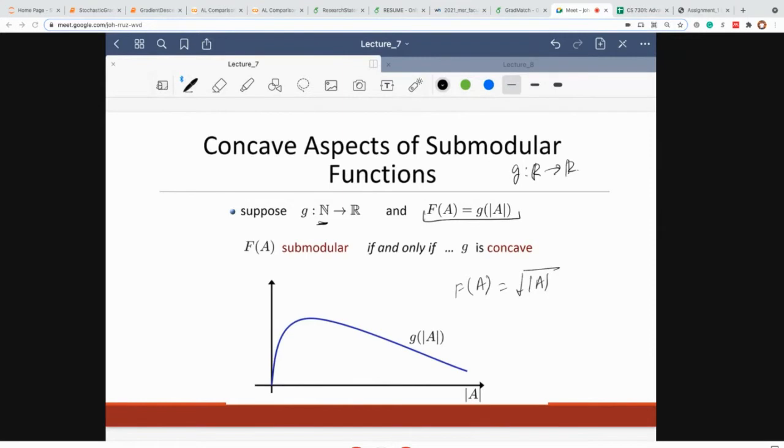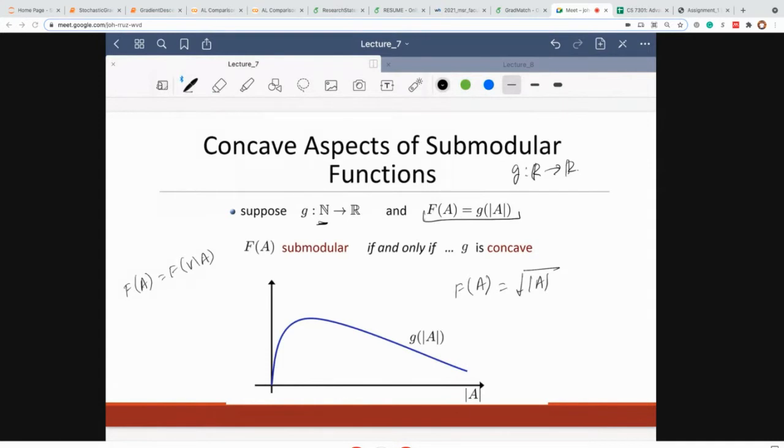So typically symmetric submodular functions are functions where f of A is equal to f of V minus A, right? That's one way of thinking about it. Another way of thinking about it is membership doesn't matter. For example, in game theory, such a thing would be called symmetric. Oh, okay, I see. So you're saying that as long as the size is fixed, the value of the function does not change. Yeah, got it.